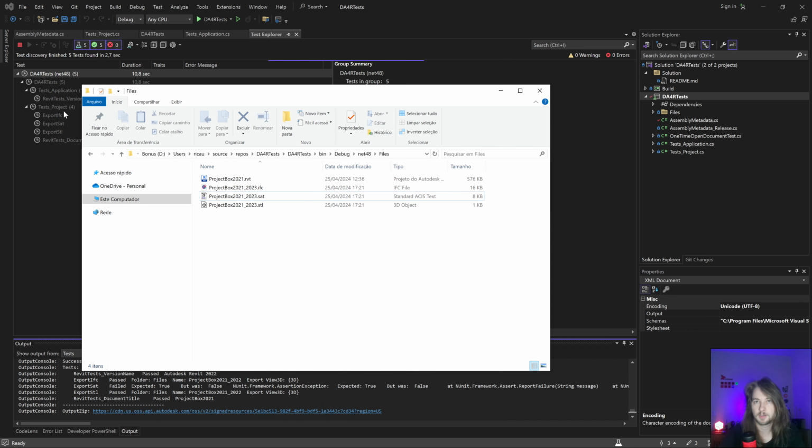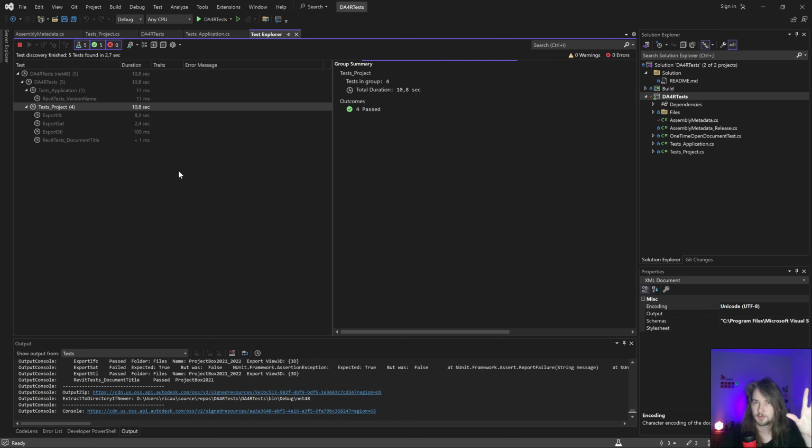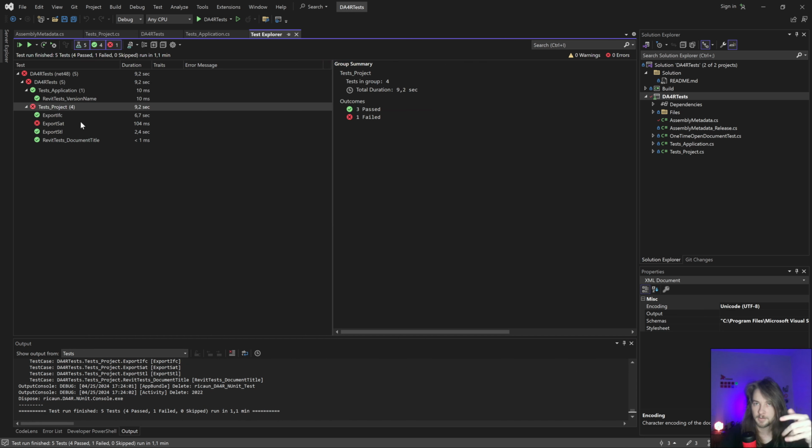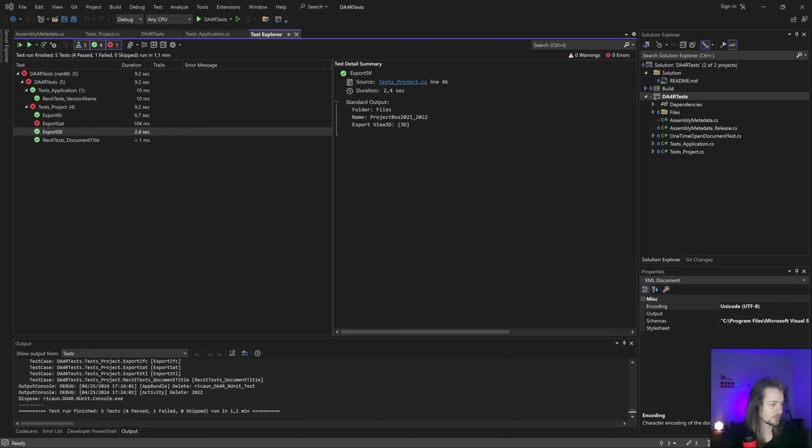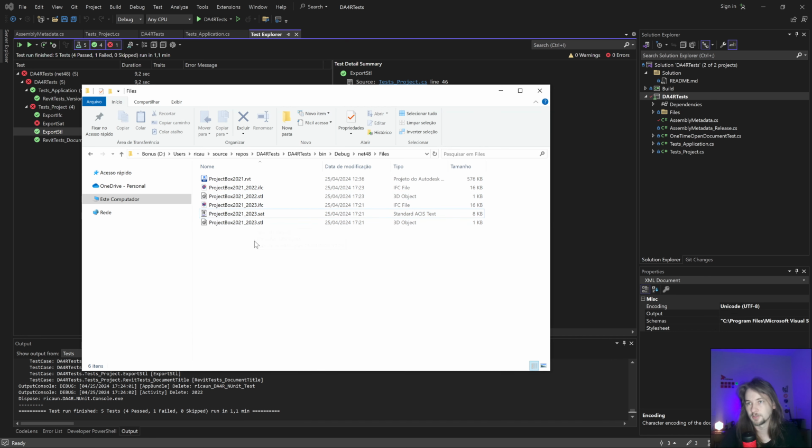And you can see, come on, show me. Yeah, this failed. The export did not succeed for some reason. And the rest should work the same. And here are the two files for version 22, the IFC and the STL. Anyway, that's basically it. But if I want to run with version 25, that's gonna be tricky.